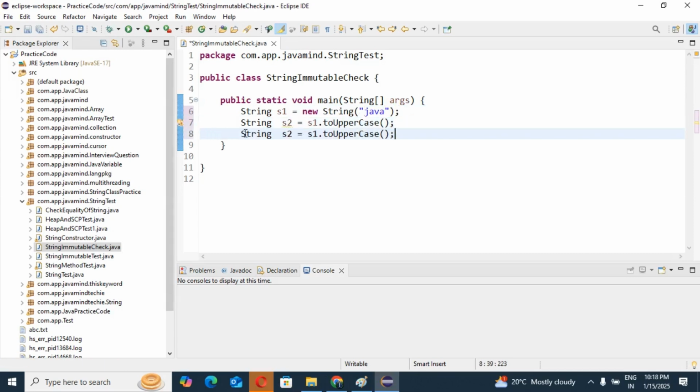Okay, then same thing we can copy and paste here, but the only thing is that we change the object, s3, and this time we check toLowerCase, right?